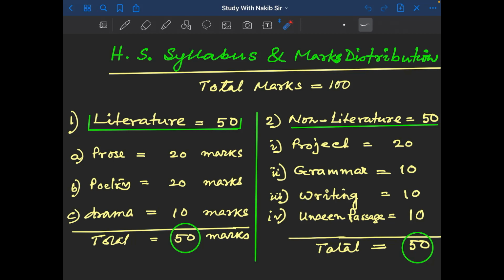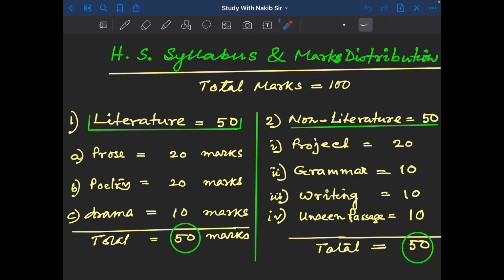Now come to the writing part. Writing part is for 10 marks, précis or reporting or formal letters. Use formal letters, it is easy and you will get huge marks. Now unseen passage for 10 marks, very easy passage is given always. The questions are easy also. Read the passage and the questions with patience and attention, and you can answer every question to score very good